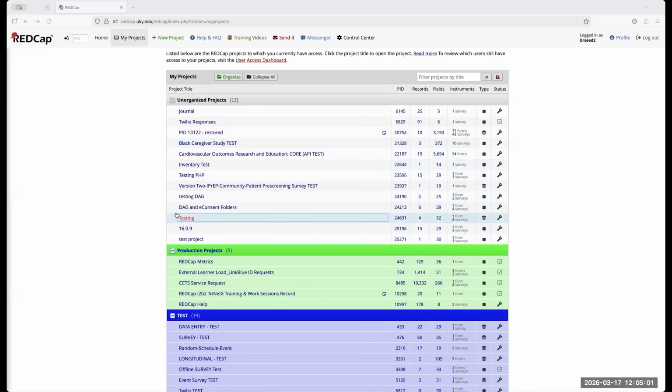So if you don't see the project that you're looking for on your list, you're going to need to contact either the person in charge of the project or your boss, PI, whatever. They will need to add you to that project. If you contact me, I'm basically going to send you to that person. I do have the ability to add people to projects, but we generally don't do that simply for security reasons.